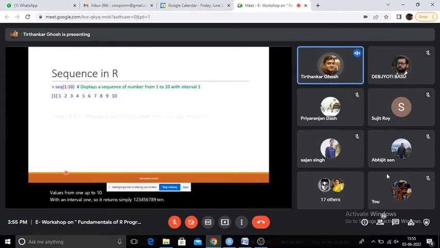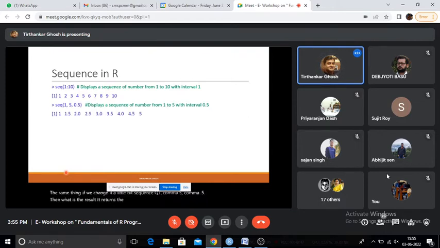Now the same thing if we change it a little bit, like seq(1, 5, 0.5), then what is the result? It returns the values like this. So 1, 1.5, 2, 2.5, 3, 3.5, 4, 4.5, and 5. So it starts at 1, ends at 5, and writes the values at 0.5 interval. Similarly, this one, seq(5 to minus 5), you see this is the value.